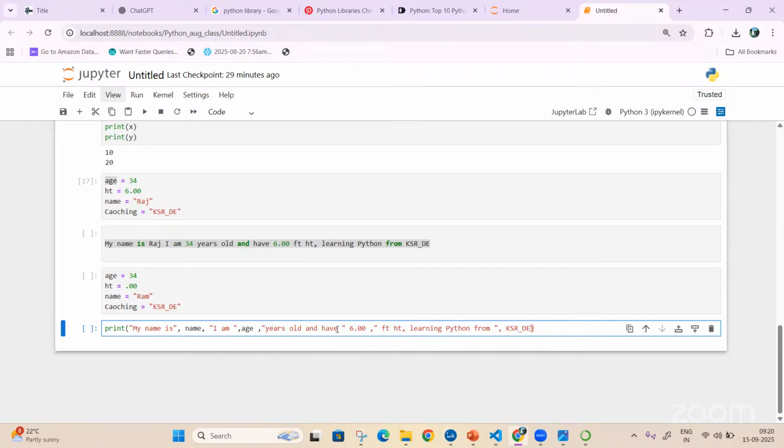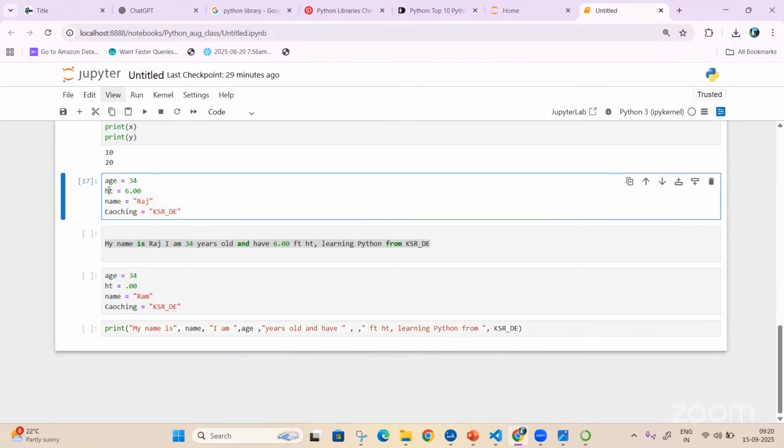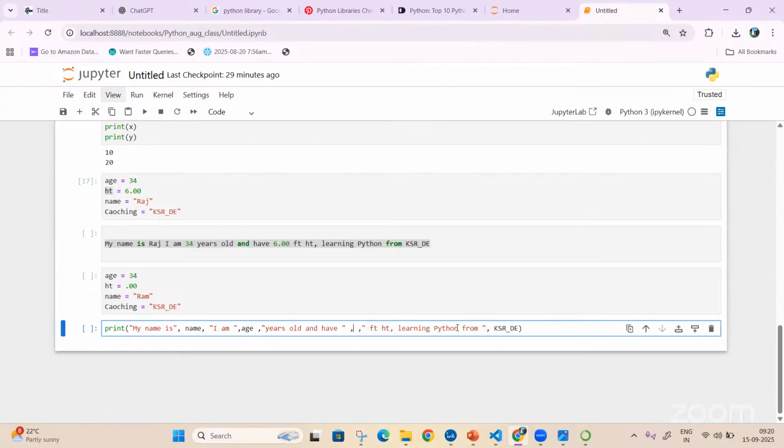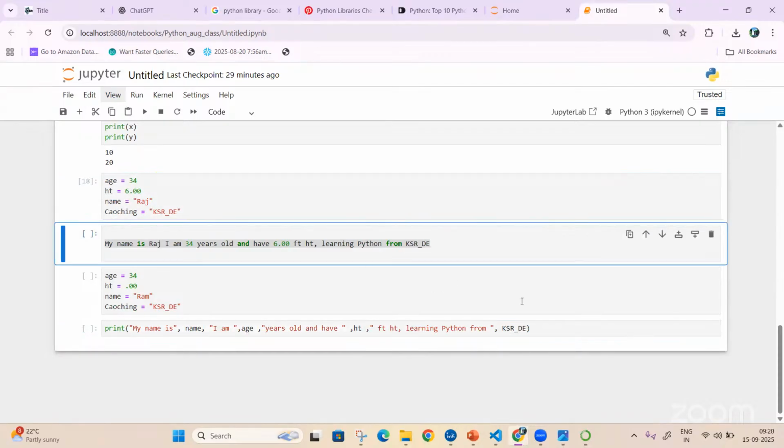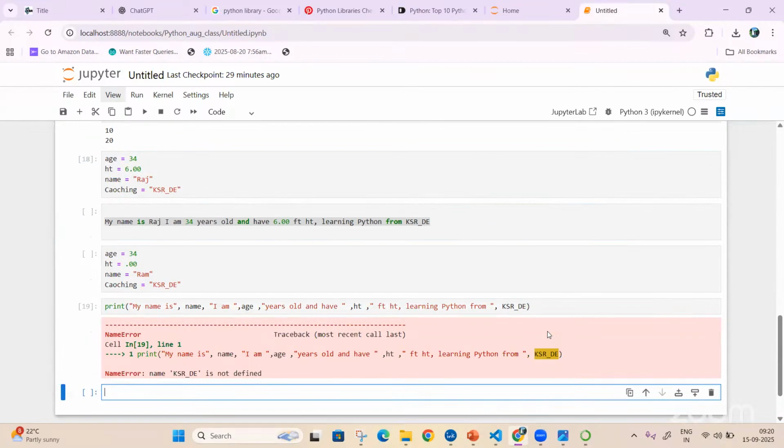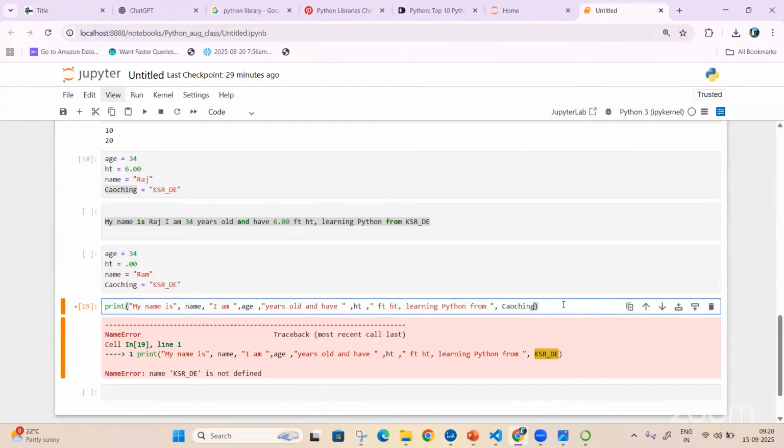Where I missed height, I'll put height here. Sorry, it's coaching, not KSR data engineering.